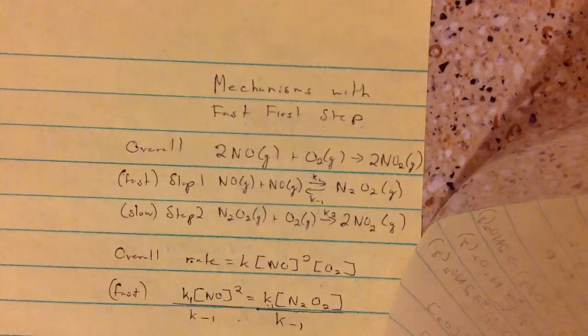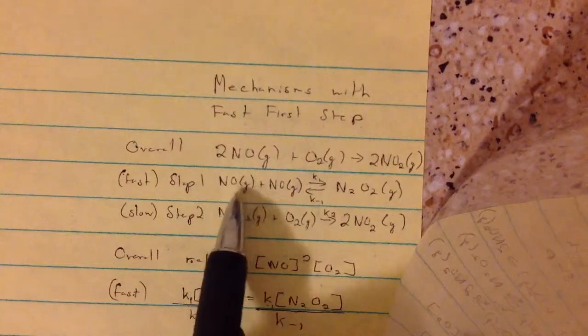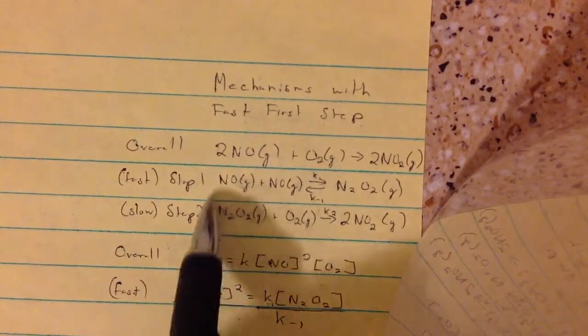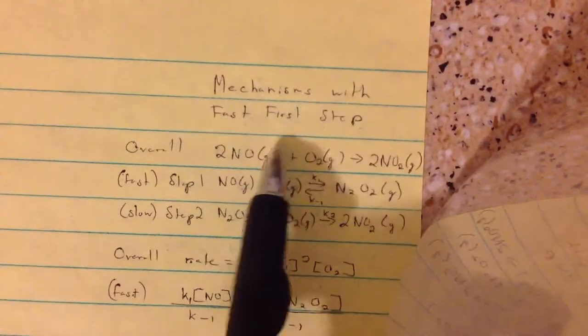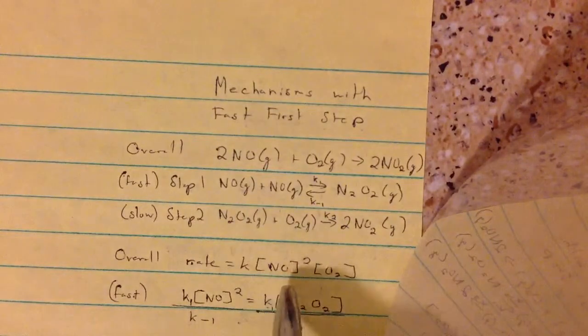Okay, so this is mechanisms with a fast first step. For these types of problems, you need to do two things. One, the elementary steps, right here, the fast and slow, these two steps need to cancel and create this. And the second thing is that